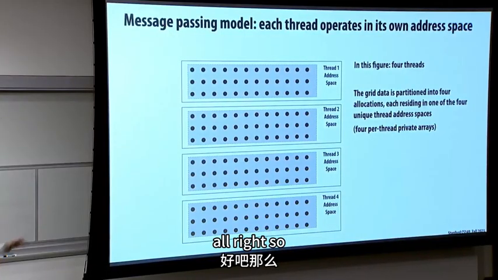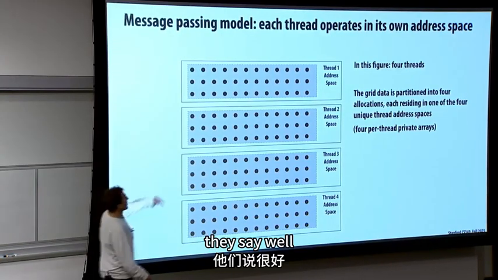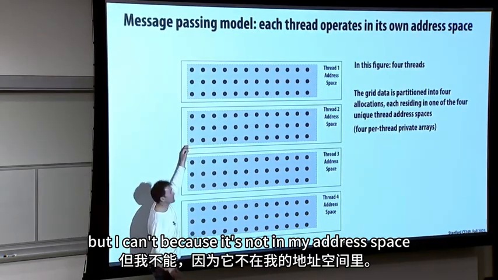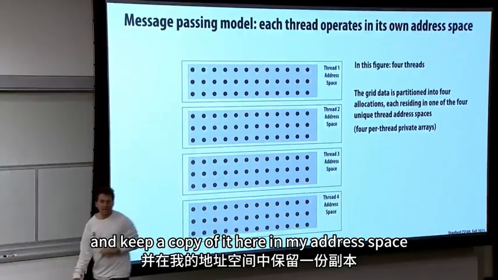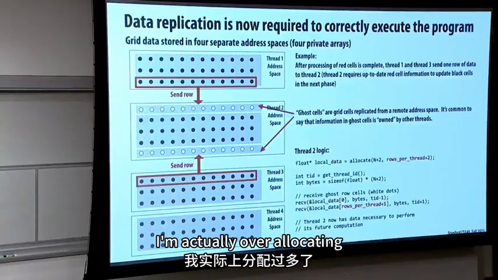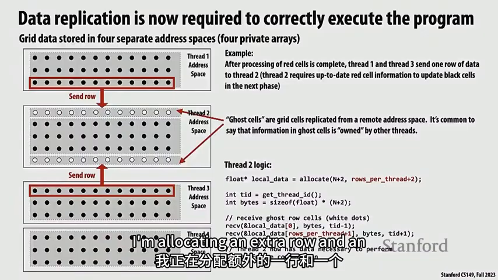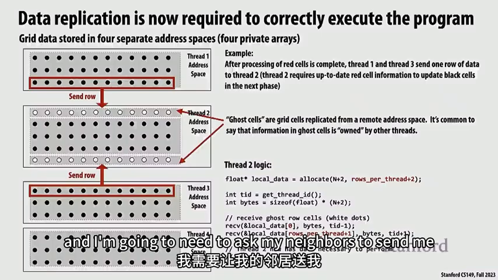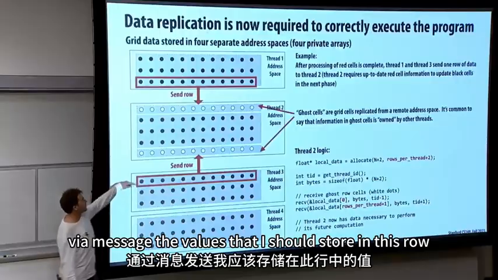All right. So what almost all of these systems in message passing do is they say, well, I need to be able to access this data, but I can't because it's not in my address space. So I'm going to make a copy of it and keep a copy of it here in my address space. So what I'm actually doing now is, on each of the nodes, I'm over-allocating. I'm allocating an extra row above and below my section. And I'm going to need to ask my neighbors to send me, via a message, the values that I should